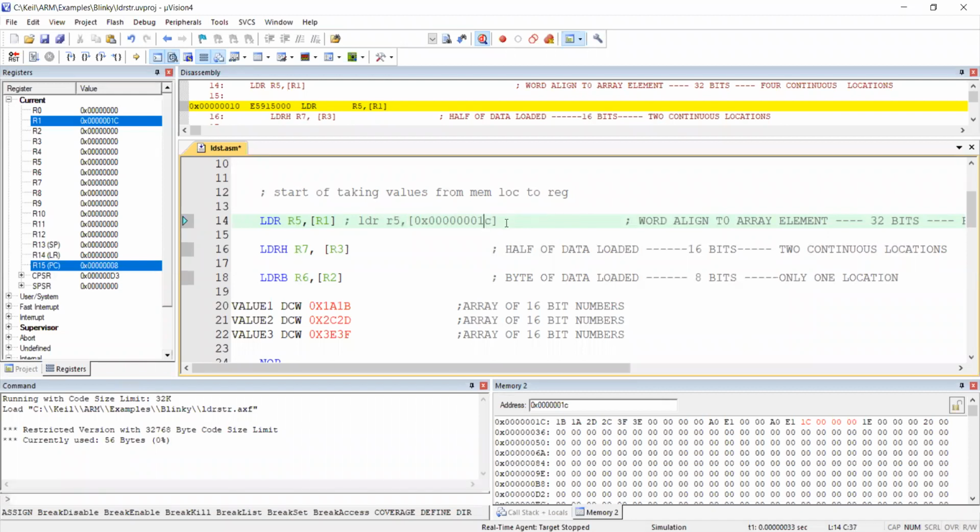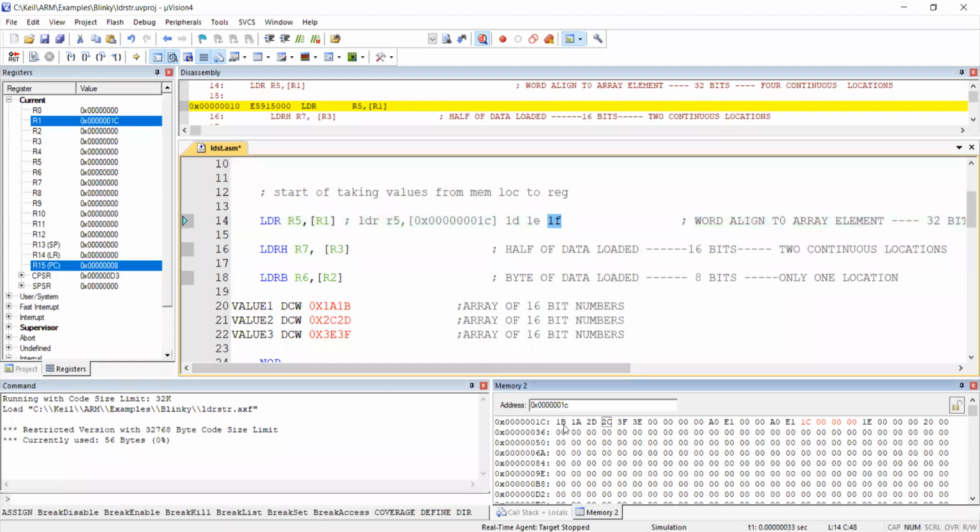Okay, from 1C continue to the next 4 locations: 1C, next 1D, 1E, 1F. 4 locations, 8 bits each. See now, what is the 1C content? 1B. 1D position, 1A. 1E position, 2D. 1F position, 2C.